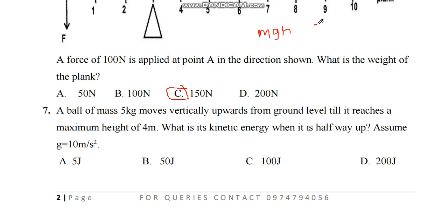Let me write it down: 5 times 10 times 4, which is equivalent to 200 joules. Since energy is conserved, the total mechanical energy of the ball, which is kinetic energy plus potential energy, remains